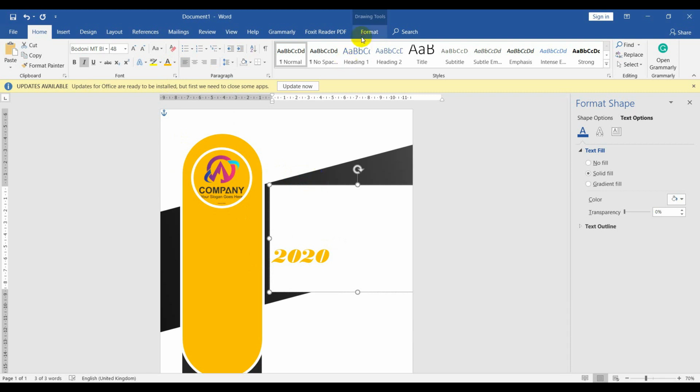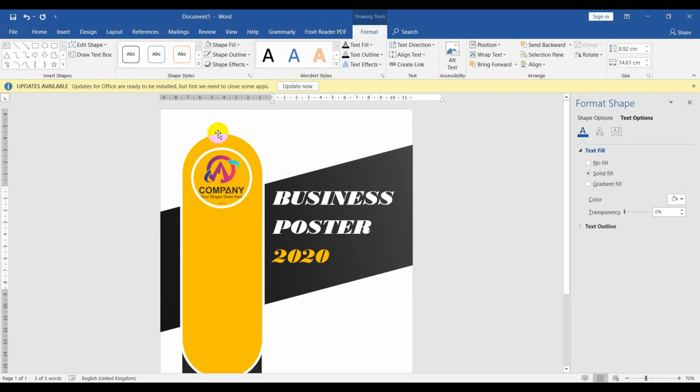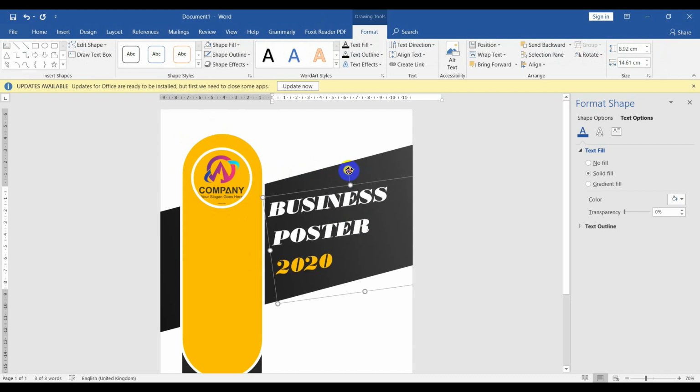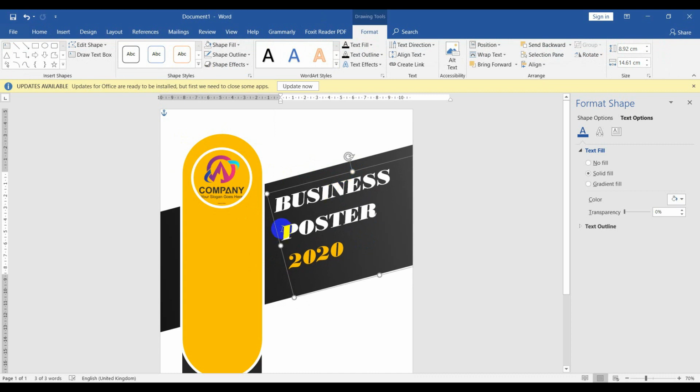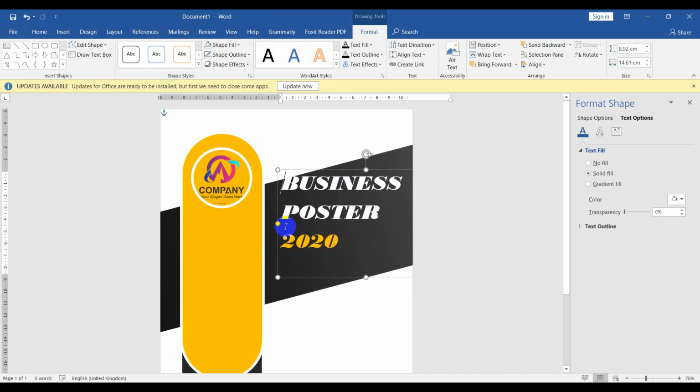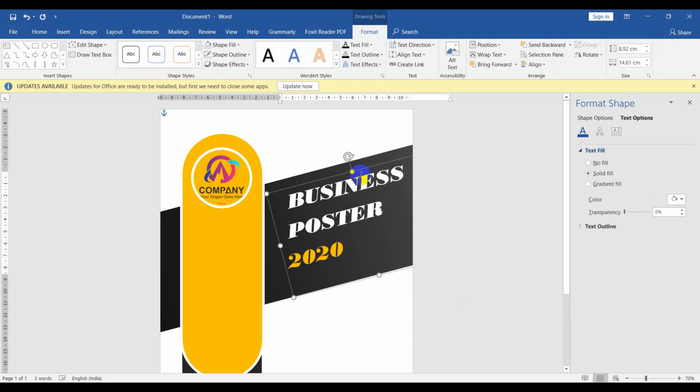Okay, now remove its shape fill color and outline color. Okay, slightly rotate this. Now give some space here and here. Okay, now it's looking fine.